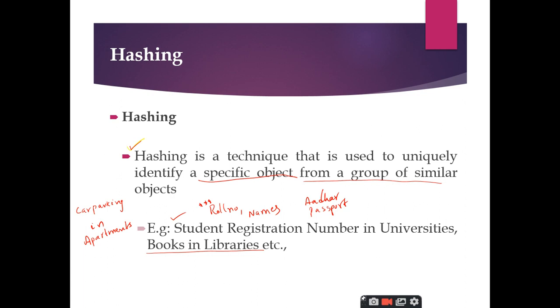So every flat in the apartment is given a parking slot, right. Whenever you are inserting an element, that means whenever you are parking your car, you will park your car in a slot that is prescribed for you. Is it right or not? That means one parking area will be prescribed for your flat, and when you park your car, you just insert your car in that parking slot only.